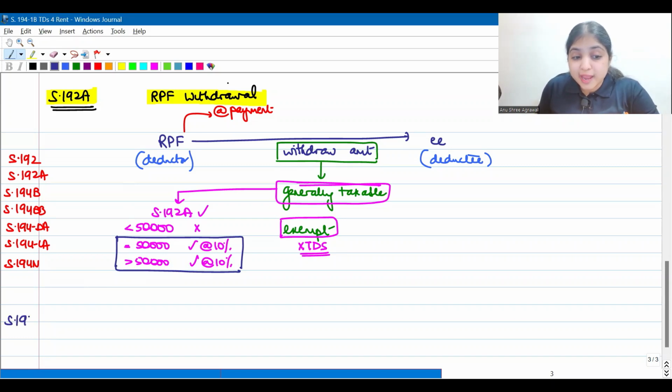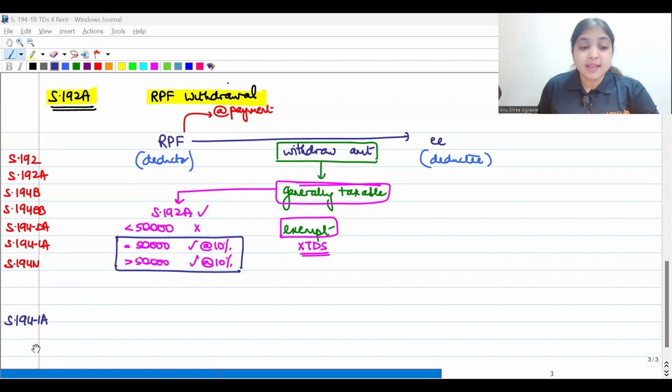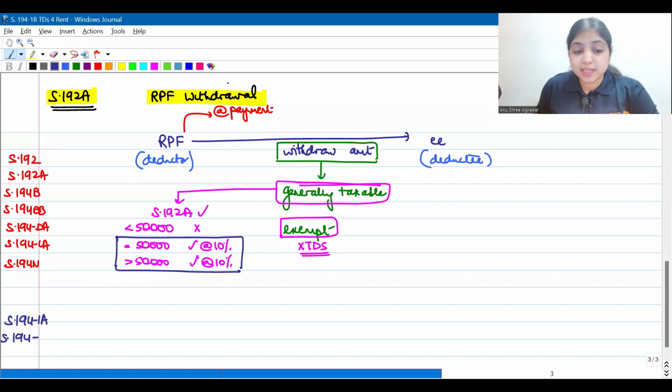Remember 194IA, purchase of immovable property, at least 50 lakh, we deduct tax. Then section 194DA, your insurance proceeds, your maturity amount from the insurance policies. Even here we have the phrase "at least". If the amount of withdrawal is at least 1 lakh, if the maturity proceeds are at least 1 lakh, we